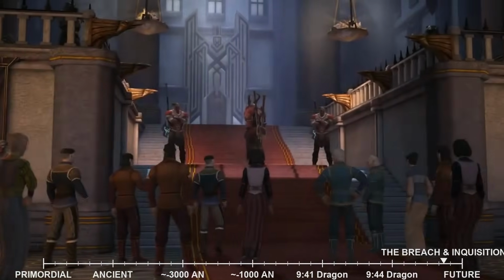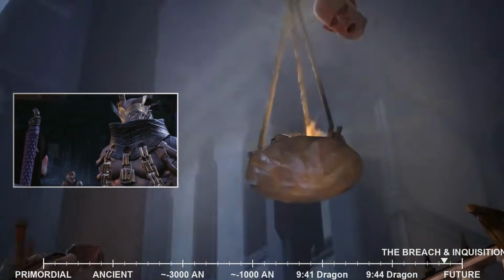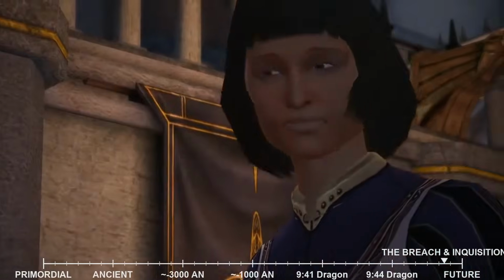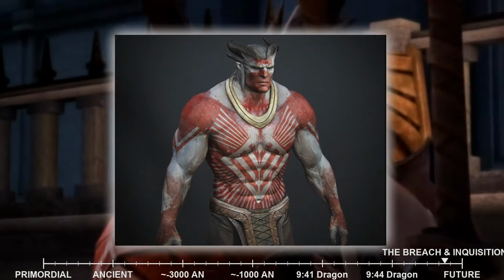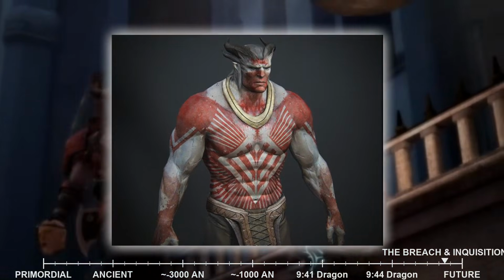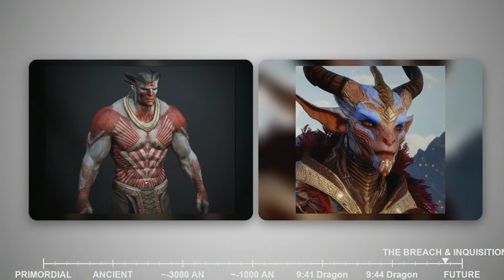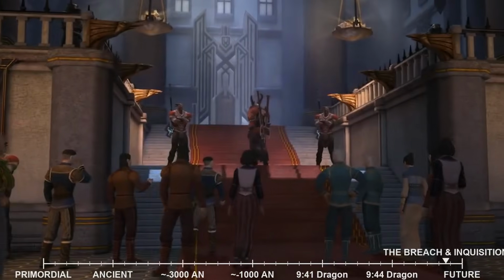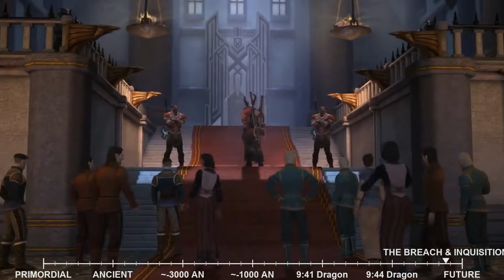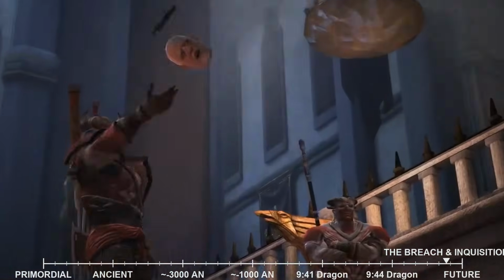The Qunari, having established a foothold in the northern reaches of the Imperium, were not merely content with military occupation. They sought to fundamentally transform Tevinter society. Their methods, while often presented as benevolent and logical, were undeniably forceful and uncompromising. They established re-education centers, known as re-education camps by some, where Tevinters were subjected to rigorous indoctrination into the Qun. This process, often involving the stripping away of personal identities and cultural practices, was a stark demonstration of the Qunari's absolute conviction in their ideology.